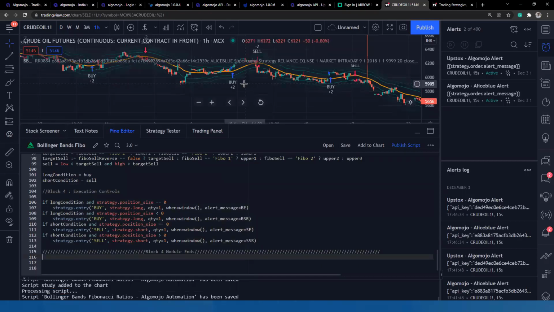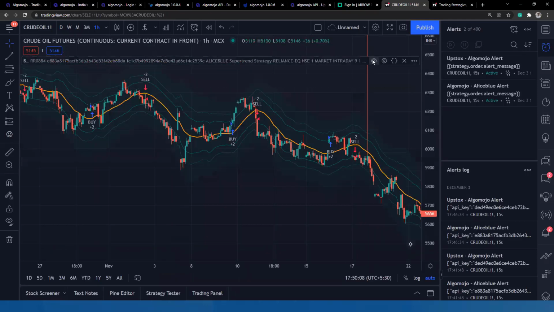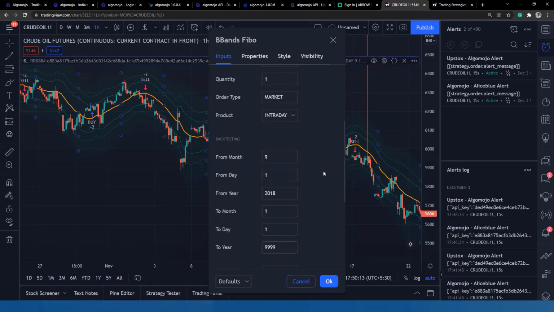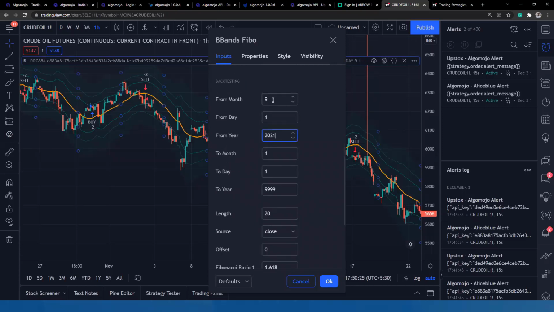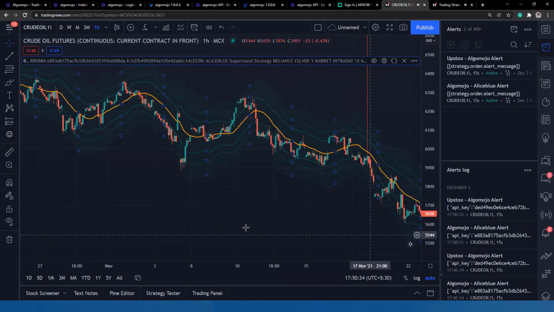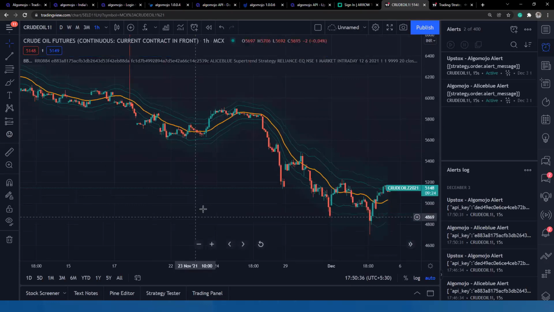Now it is capable of transmitting orders by controlling the dates. I can control the date. If you want to start the operations from Monday onwards, you have to go to the settings and set Monday's date. Let's say Monday is, what exactly? It is going to be 6th, right? So 6th of December. If I want to start from Monday, then I'll select the month as 12, the date as 6, and the year as 2021. If I do that, signals will erase and fresh signals will start occurring only from Monday.